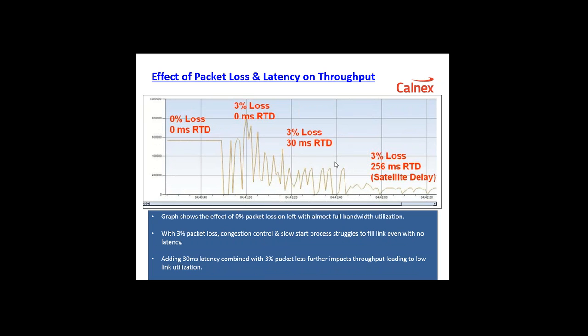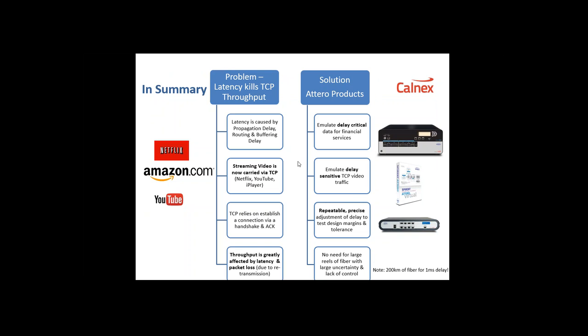You can see that both round-trip delay and latency and packet loss have a pretty significant impact to the throughput of data in a network. And even just 3% packet loss, you can see, can significantly impact the throughput on a network. In other words, anything that's running on TCP, whether it's running on 1 or 10 gig, but more importantly at 40-100 gig, needs to be verified in the lab for the impact of packet loss and latency. Not a lot of loss, not a lot of latency, but we do need to emulate this and find out exactly what the impact is on the TCP throughput.